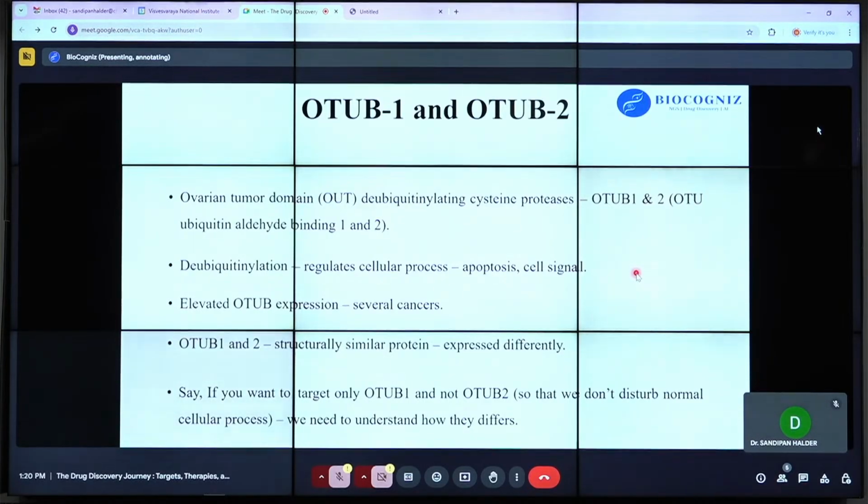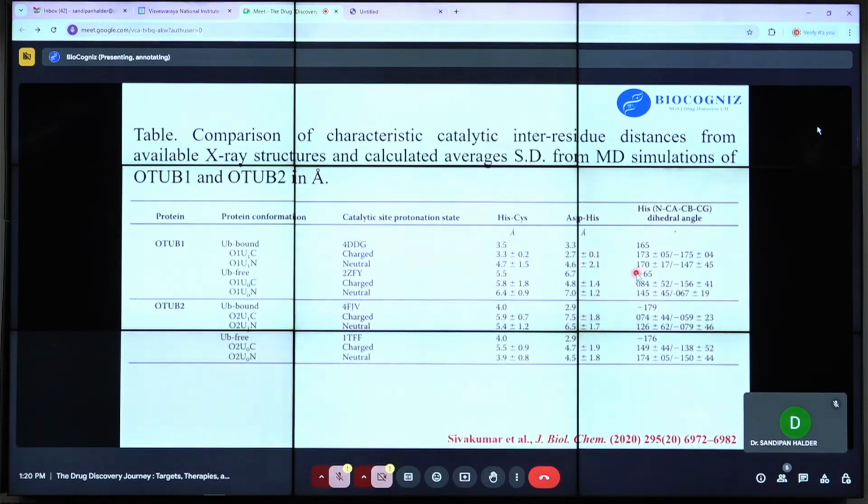If you find OTB1 is overexpressed, the problem is we are not able to target only OTB1, since OTB2 is also very, very similar to OTB1. If you target OTB2 as well, because of non-selectivity issues, it will cause a lot of side effects. Very simple example. So now how are we going to do this? One way is, as I said earlier,